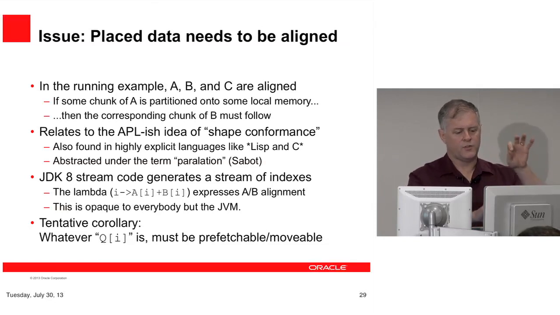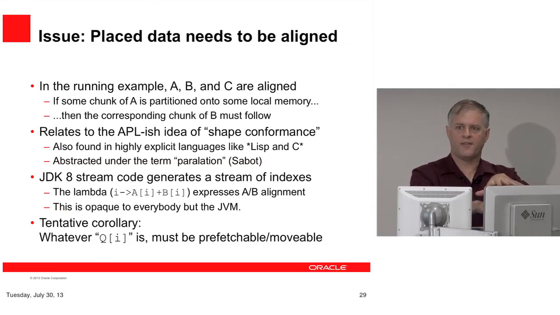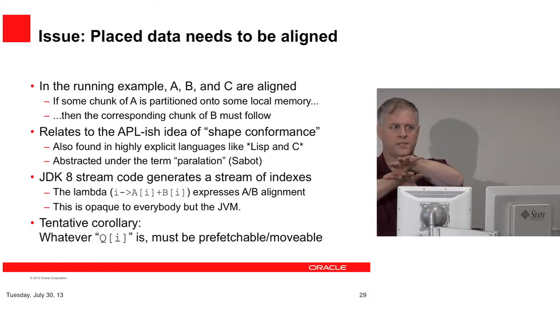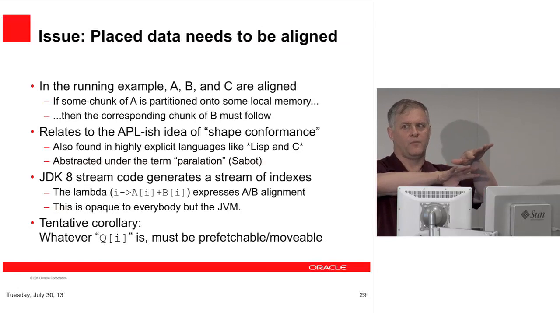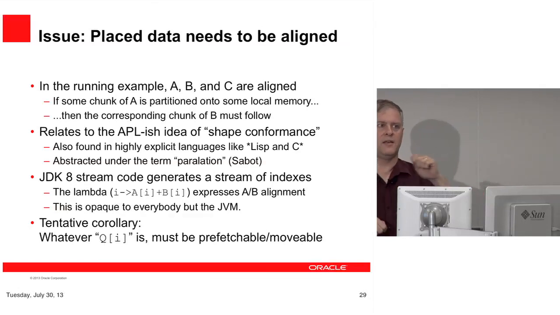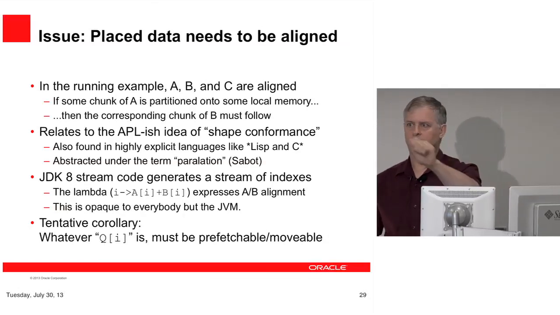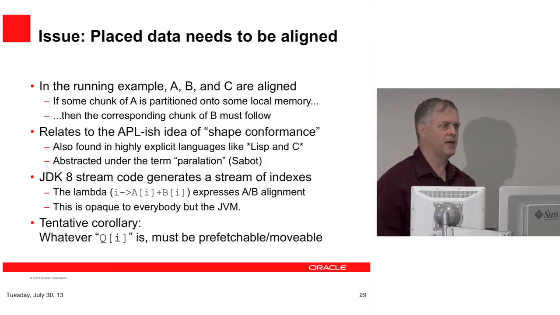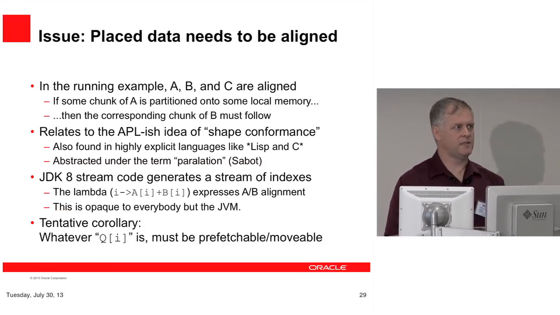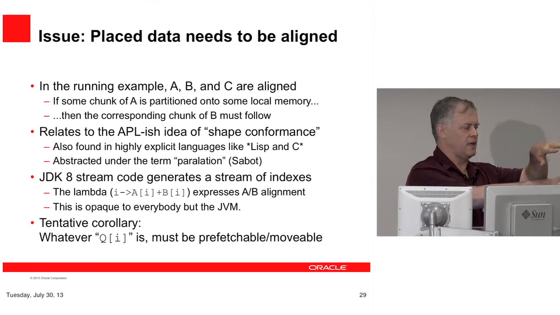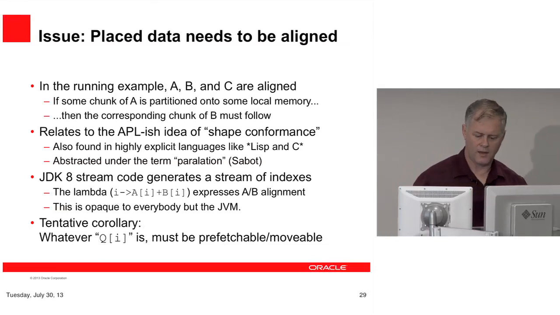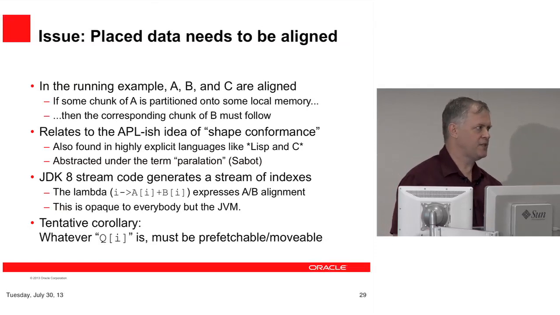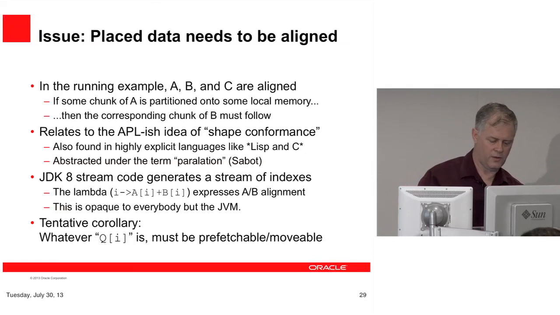But somehow those two arrays need to be aligned, and given the fact that you're doing this data parallel bulk processing, why not arrange the alignment beforehand in such a way that the cache fabric doesn't have to make a separate decision for every cache block? That would be nice. So maybe there's some way to hint the memory fabric that these parallel ranges of memory somehow need to go together. I don't know what that looks like, but if the VM is managing marshalling explicitly under the covers, then clearly it has to think about these things.